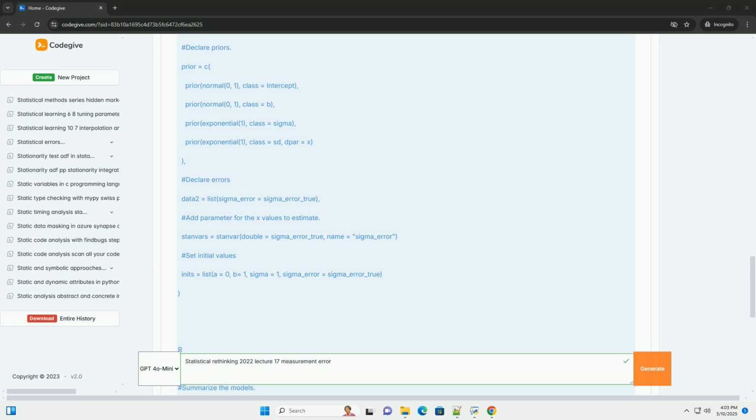We define priors using the prior function. Note the class = b to specify the prior for the slope coefficient and class = Intercept for the prior on the intercept. normal(0, 1),